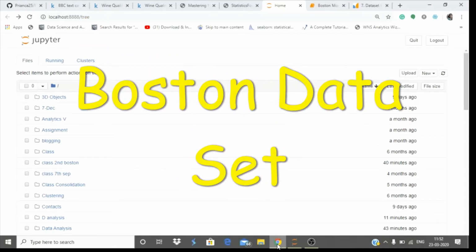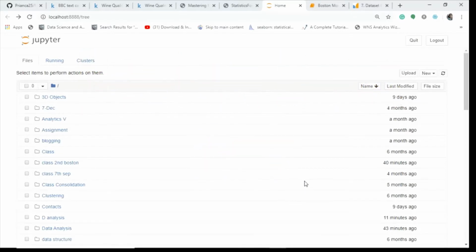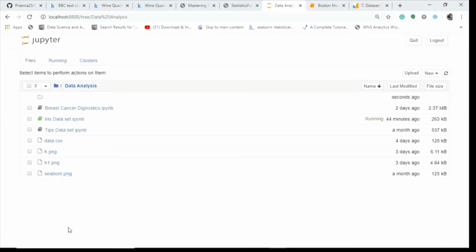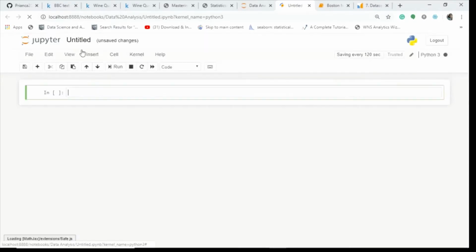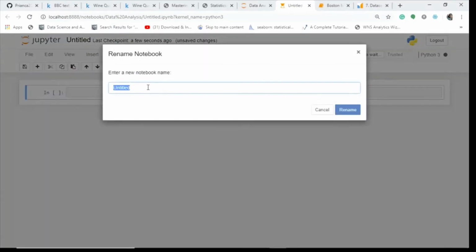Hello friends, and today we'll be doing the data analysis of the Boston dataset. So open your Jupyter notebook, launch it, and go to data analysis, the folder you have created for your various data. And for this, we go to New, Python 3, and we create a Boston dataset